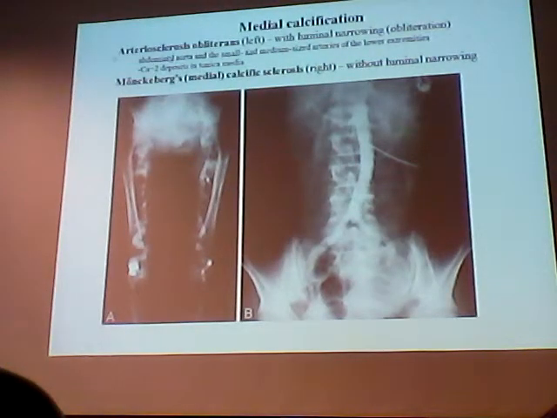Medial calcification, it's also good to know the difference between arteriosclerosis obliterans and the Mönckeberg's. So with the first one, with the obliterans, you see luminal narrowing. So that's the obliteration in this case. And then with the Mönckeberg's, that's without luminal narrowing. And a question that he might ask on the exam is he might put some sort of definition that's like,